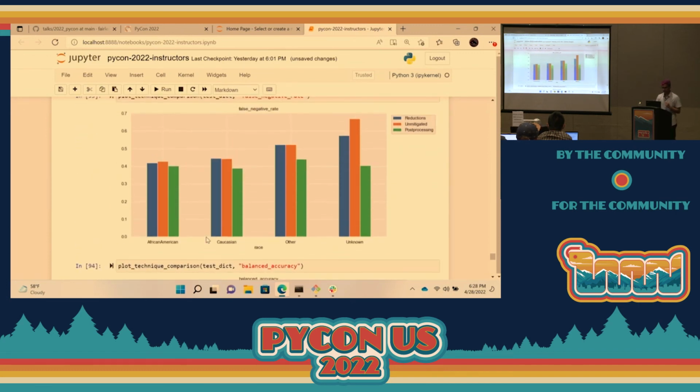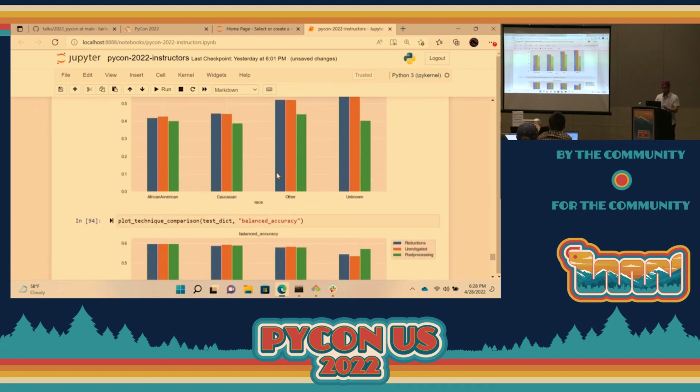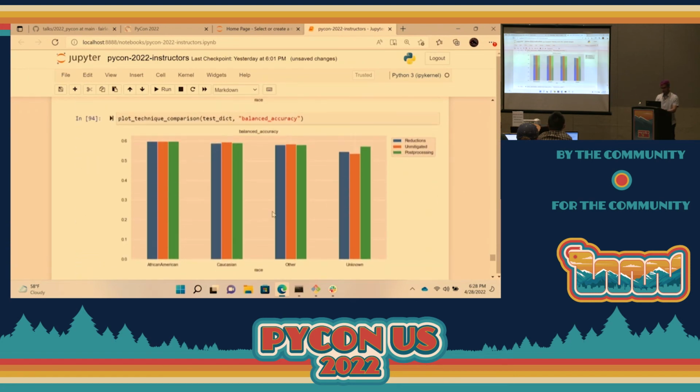And so we see here for the false negative rate that the unknown group's false negative rate is much higher in the unmitigated model compared to the other groups, whereas when we look at the other racial groups and other features in the other models, we seem to get very similar performances. In addition, we can also look at balanced accuracy, and I think this is the very interesting one,